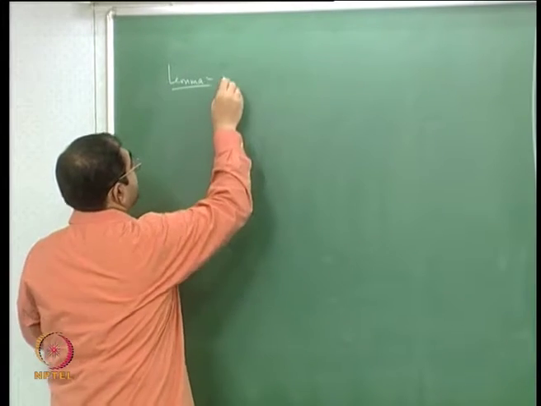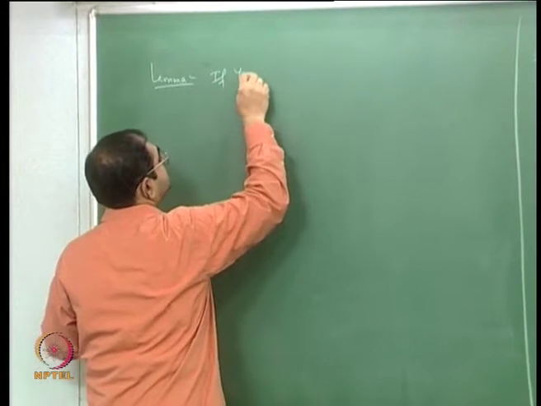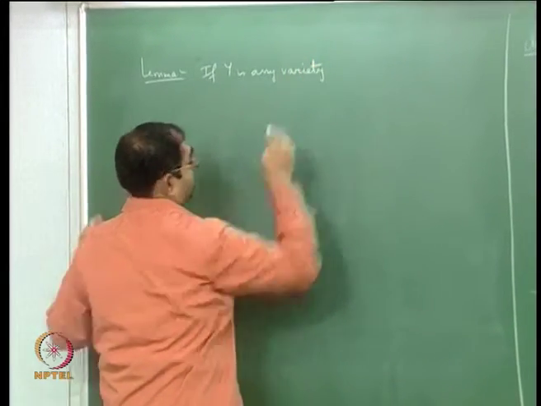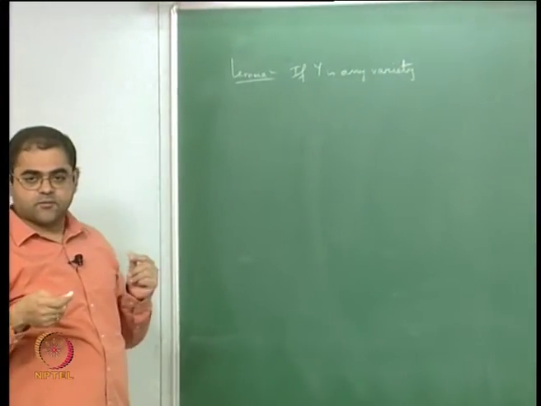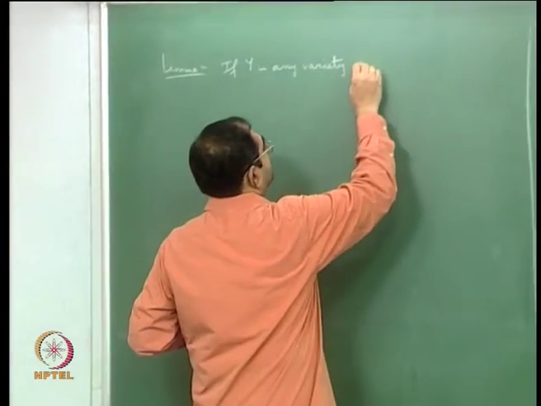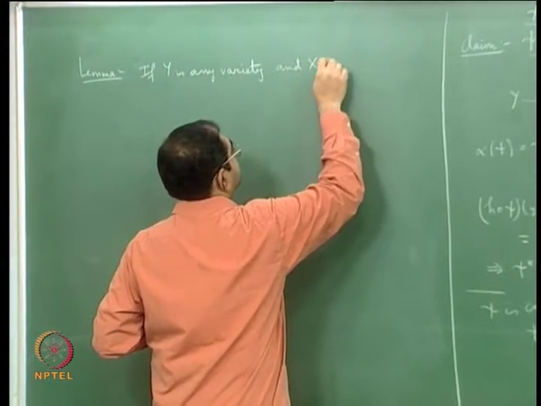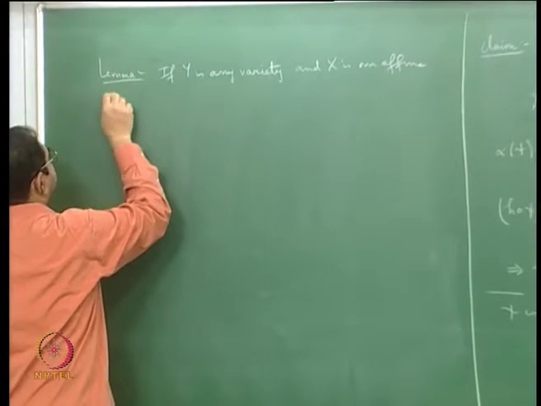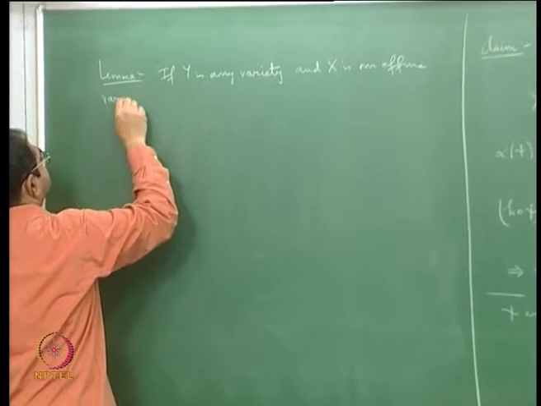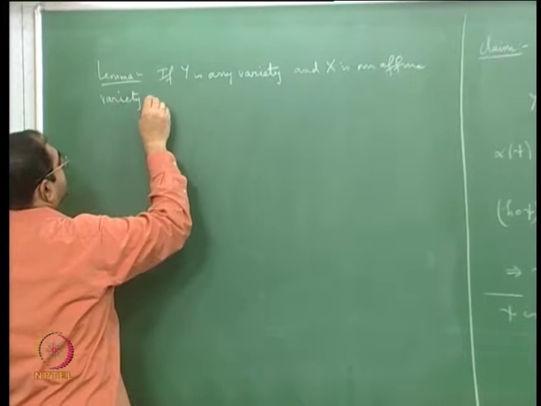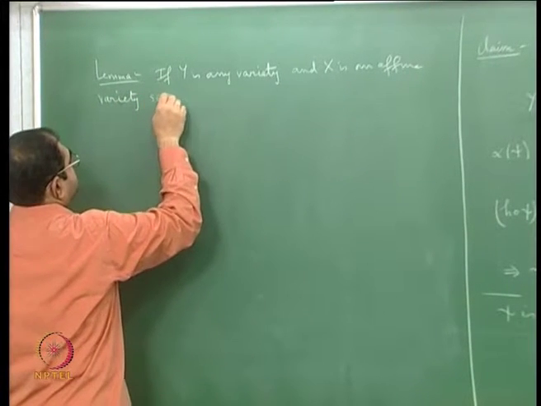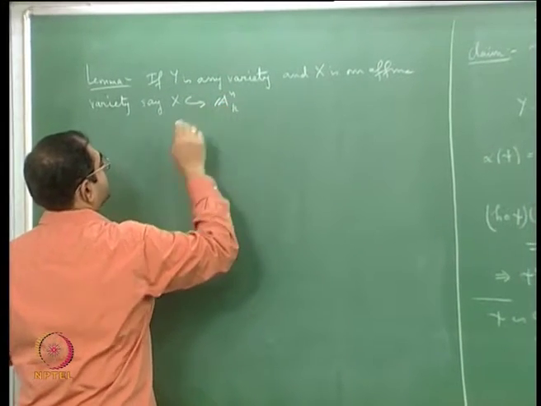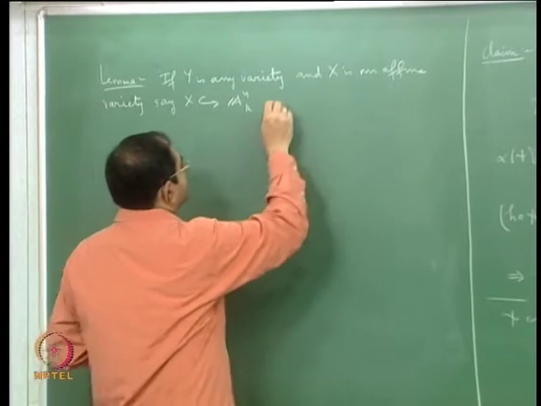Here is a lemma: if y is any variety, in our case that means either affine or quasi-affine variety, and x is an affine variety, say x is in An, then